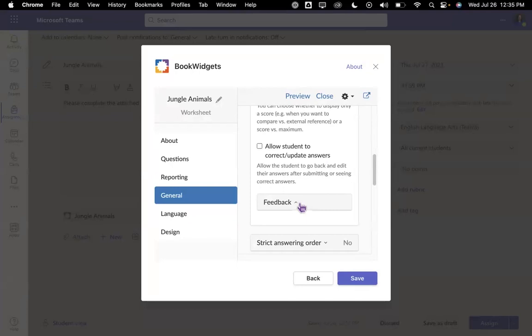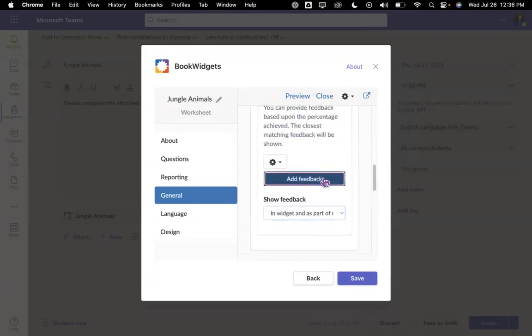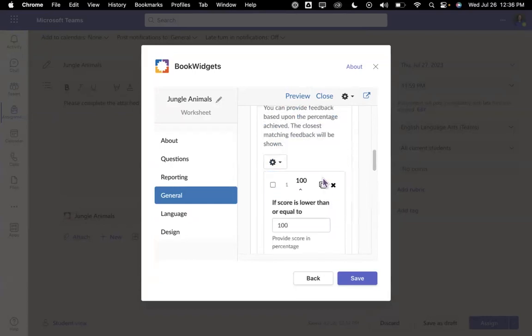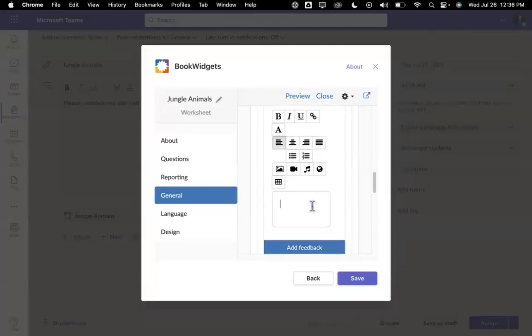I am a big believer of feedback, so I want to highlight this for you. You can show the feedback in the widget when you return work, only inside the widget, or only as a part of returned work. So 3 options here for feedback. And the idea of the feedback is that if a student receives a certain score, you provide them an immediate piece of information or feedback. So if my score is equal to or lower than 100, I might say to them,